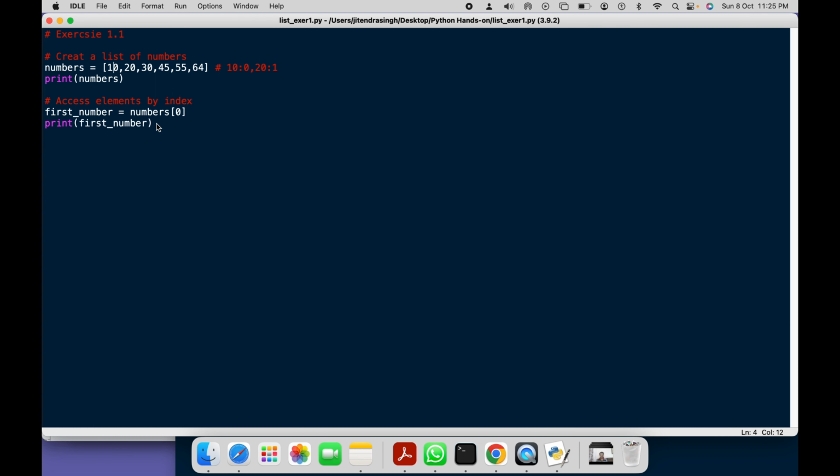Similarly, if we want the second element, or second number in this case, how can we do that? Again we have to call the variable's name, the name of the list. Here number is the variable, which is of type list. First call the list, and then write the bracket, and then inside the bracket just pass the